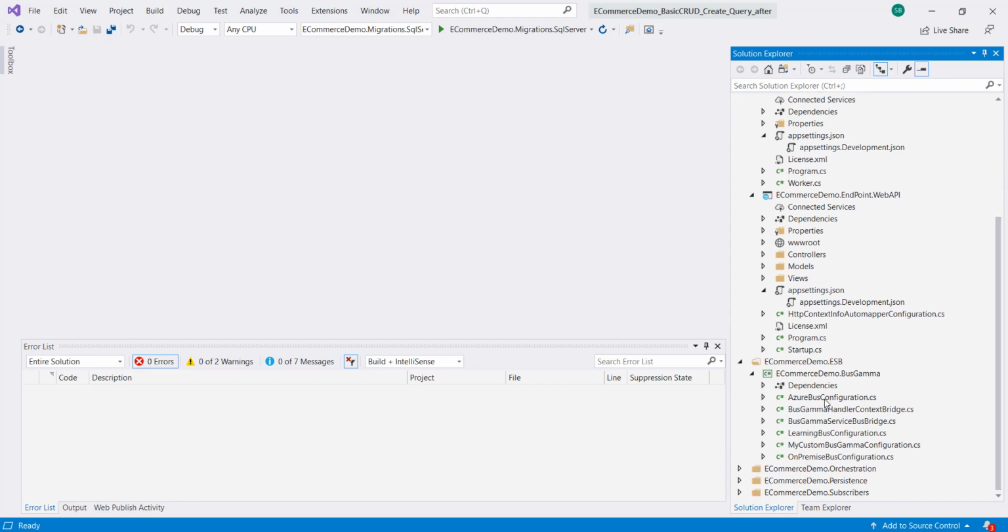Right now by default we are giving NServiceBus configuration, and soon we will be ready with MassTransit and Rebus also. You can choose during your application creation.